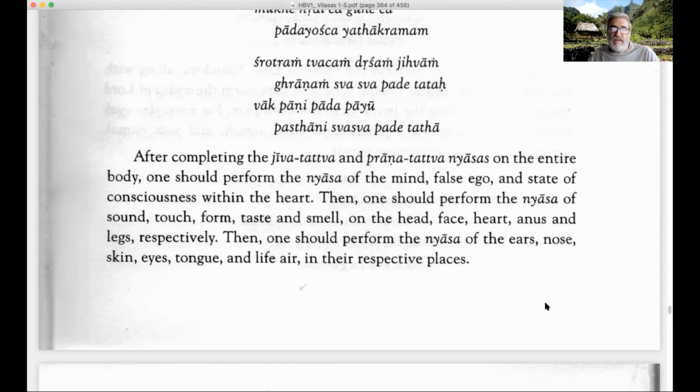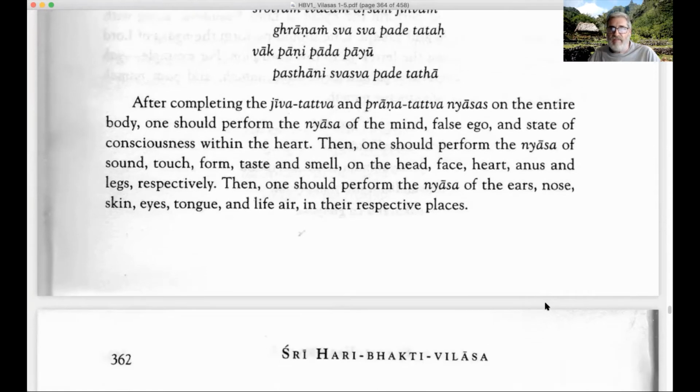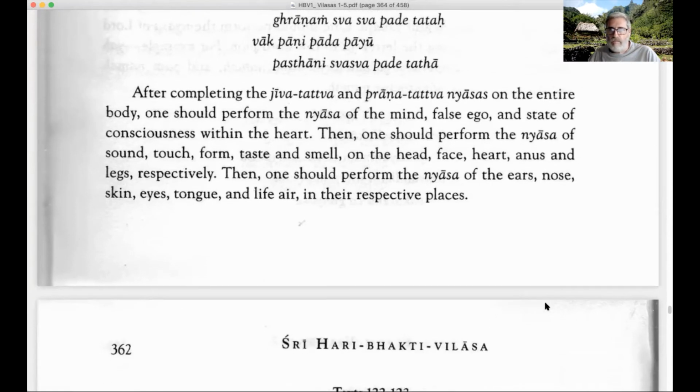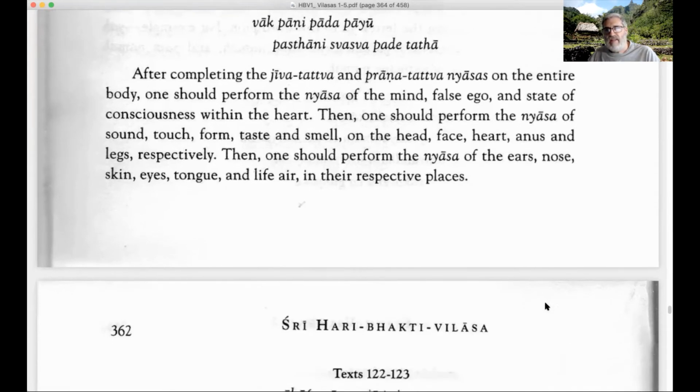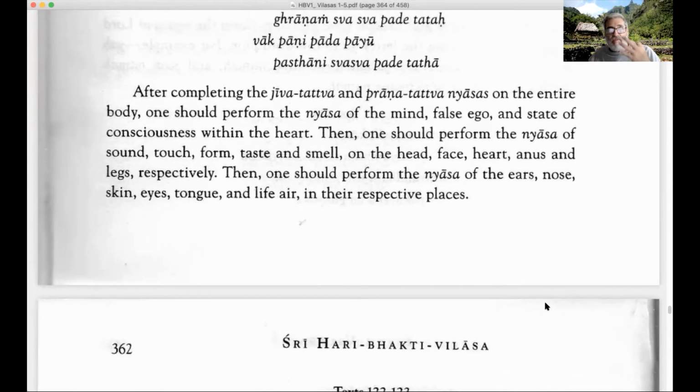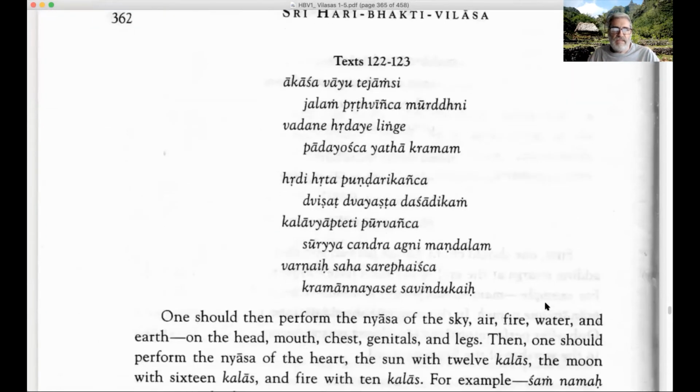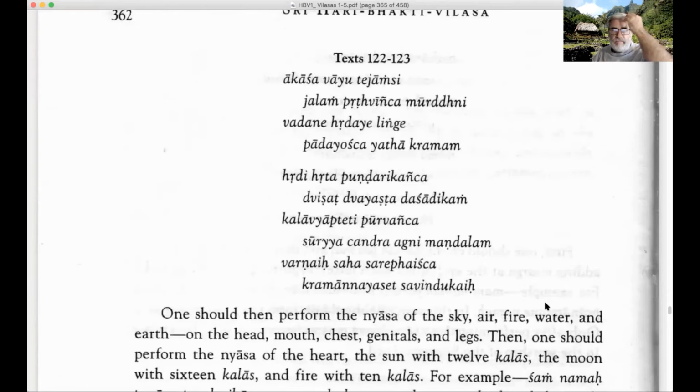Then one should perform the nyasa of the ears, nose, skin, eyes, tongue, and life air in these respective places. So again, this is very, very much like the installation of the deity. But instead of the deity, we're performing all these actions on our own body before we can become purified enough to worship the Lord. Text 122 to 123.